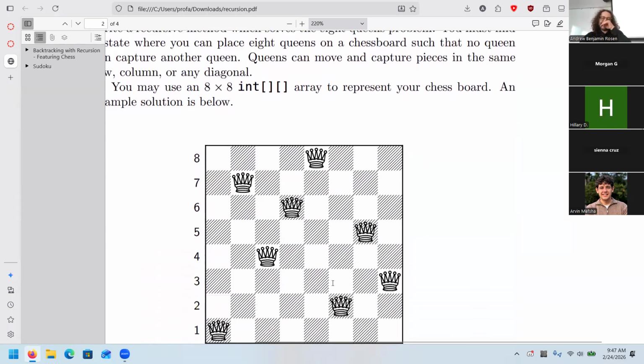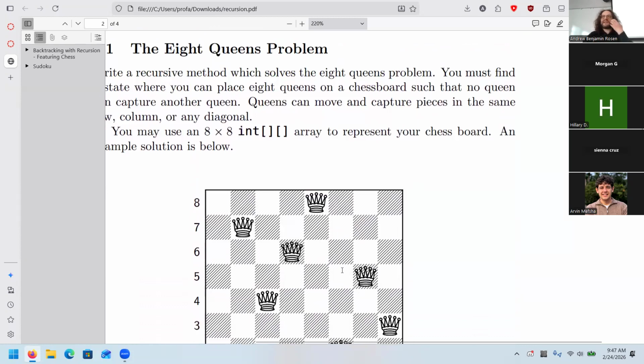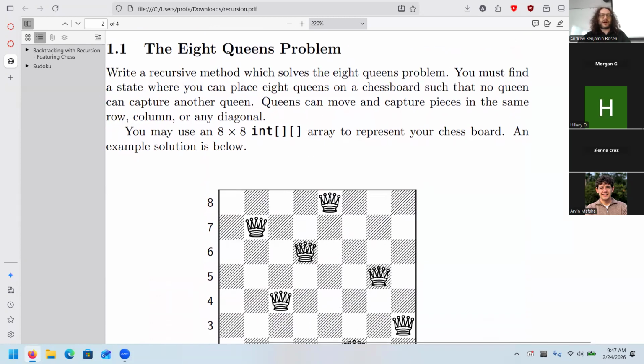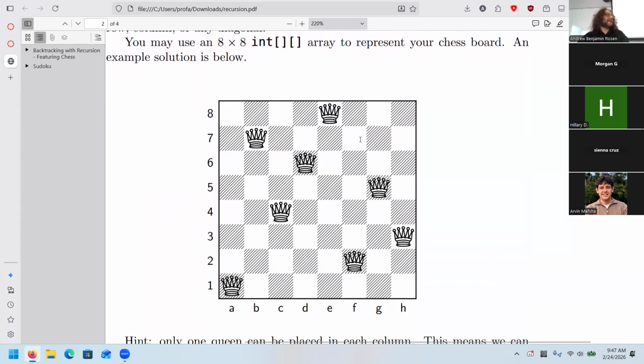So the 8 queens problem is a very well-known problem. It basically says, hey, we've got this piece in chess called the queen. The queen is the most powerful piece. It can move an unlimited number of spaces in any of the cardinal directions, so north, south, east, west, and on the diagonal. A chessboard has 8 rows and columns. The 8 queens puzzle is, can you place 8 queens on a chessboard in such a way that no queen could capture the other? So none of these queens share a row, a column, or diagonal.